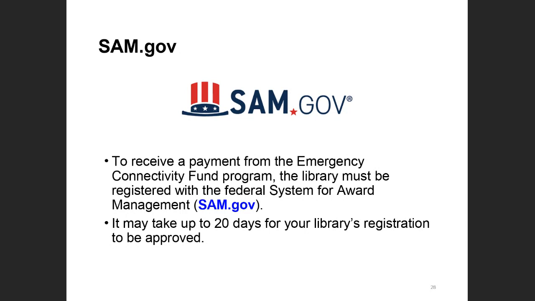Just to restate, because I know that's confusing, you don't have to be affiliated with any particular entity in order to create an account with sam.gov. In fact, I just made an account today, and I'm not tied in with KDLA or any other library system. But you need to be registered with sam.gov, have your own access account in order to use their search feature. With the search feature, you pop in your library's DUNS number, and it'll pull results. And if you're already registered, you'll see your library listed in the results.